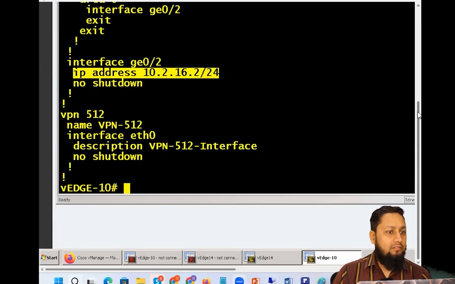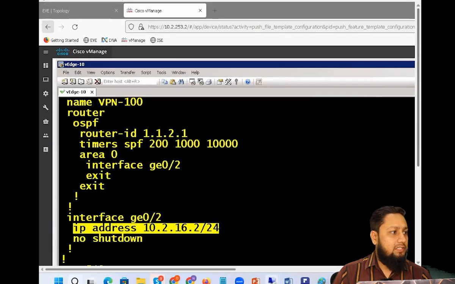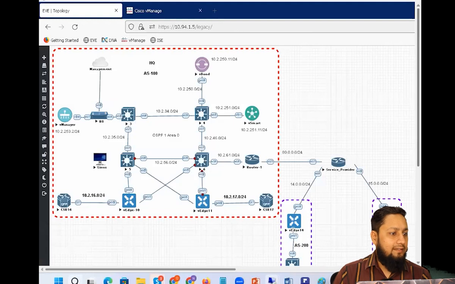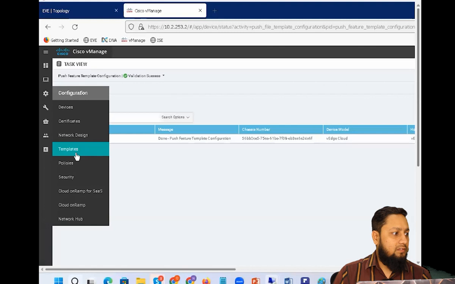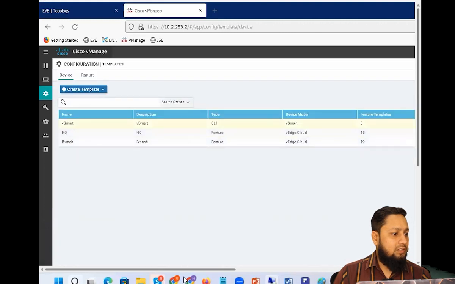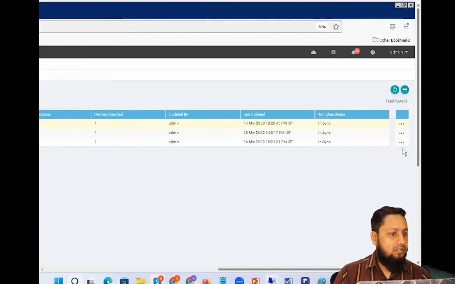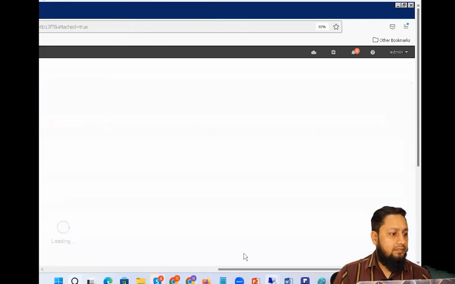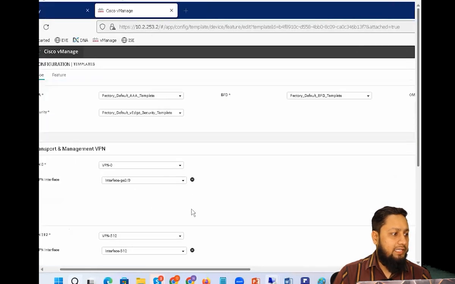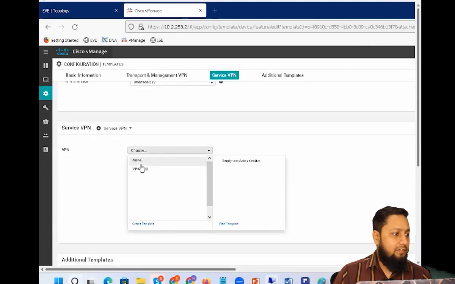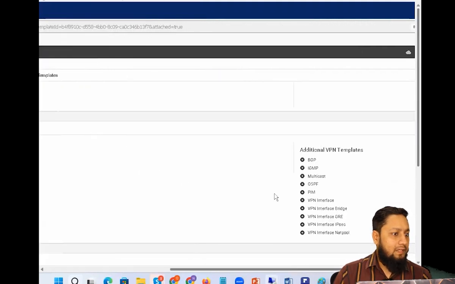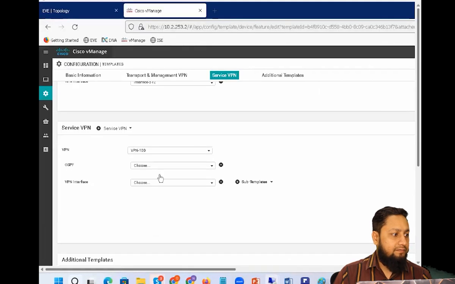Now the same thing we will be doing for VANEDGE 14, which is in the branch. As I said, we will be running VPN over here also. So I'll go under the branch and edit. I don't have to create any VPN now. I will just go in the service VPN, select the VPN 100, then select OSPF, select VPN interface, OSPF, VPN